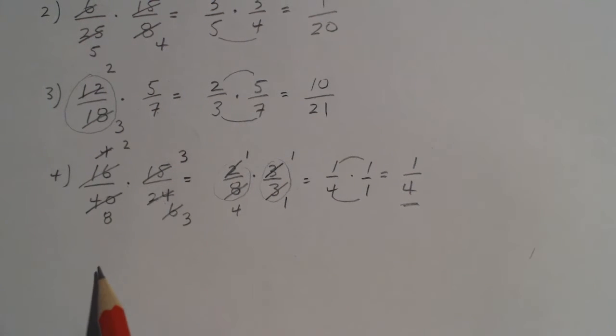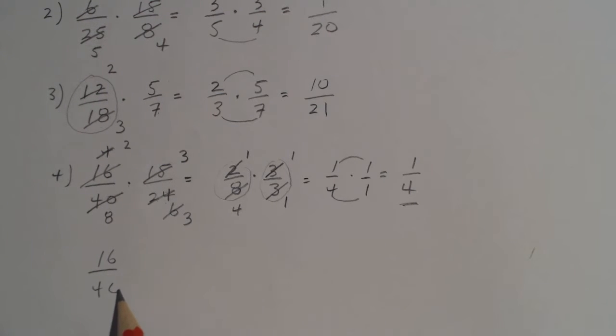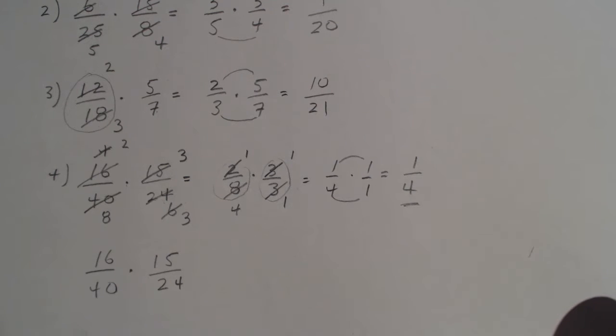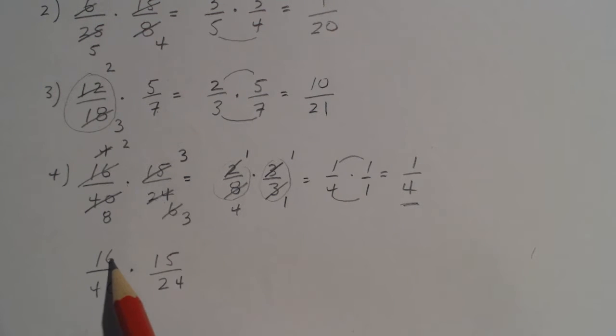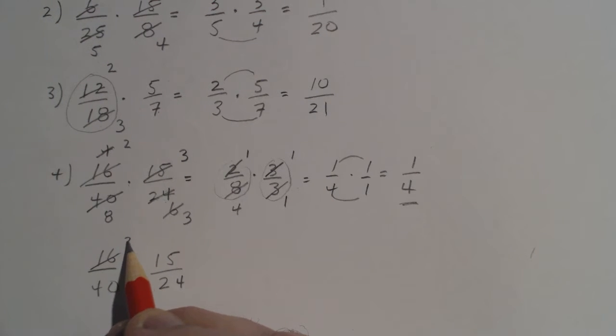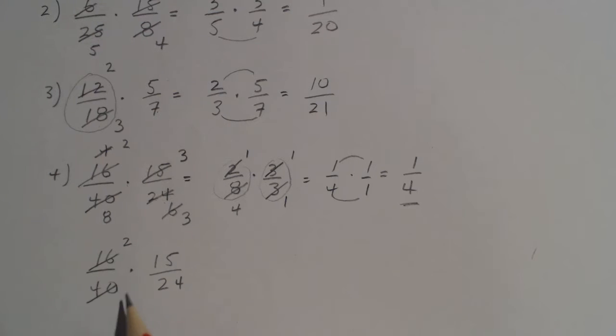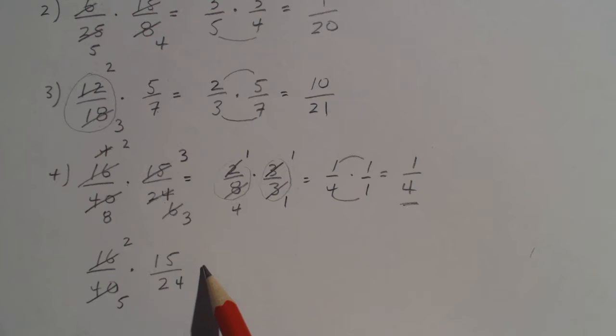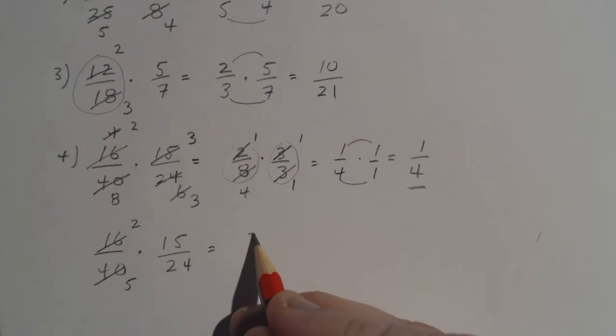Now let's redo this problem again. What I'm going to do this time, instead of cross cancelling first, is simplify this first fraction here. So I have 16 over 40, so I can divide 8 into 16 2 times, 8 into 40 5 times. Now you'll notice what we have is 2 over 5